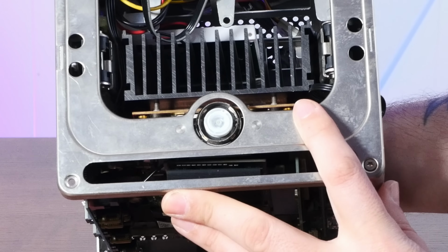Now, I'm a little worried because this gets mounted on this plate here, but we have an aftermarket VRM. So I don't think it's going to just fit with these stock screws and spacers here. But I actually want to take this a little bit more apart because there's no optical drive in here, but I found a replacement optical drive, and we're going to need to figure out some way to make room for it